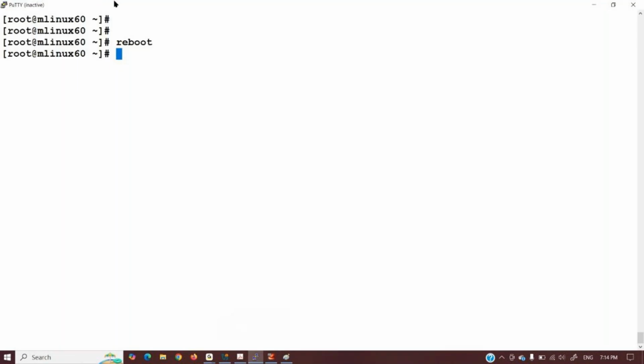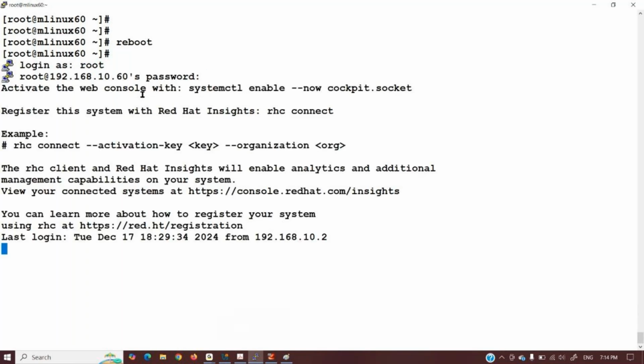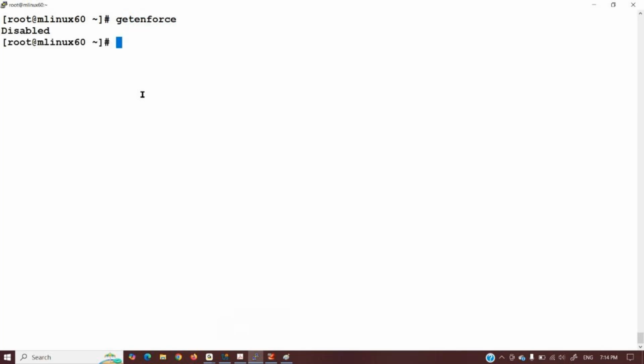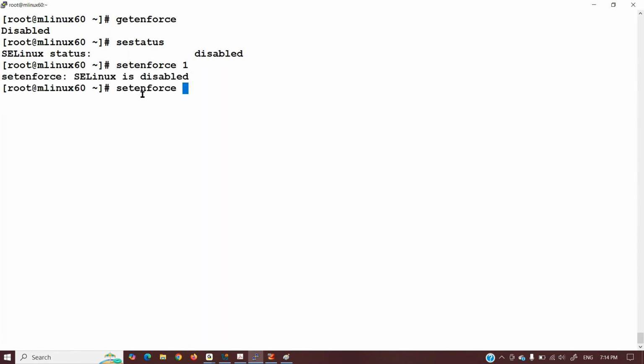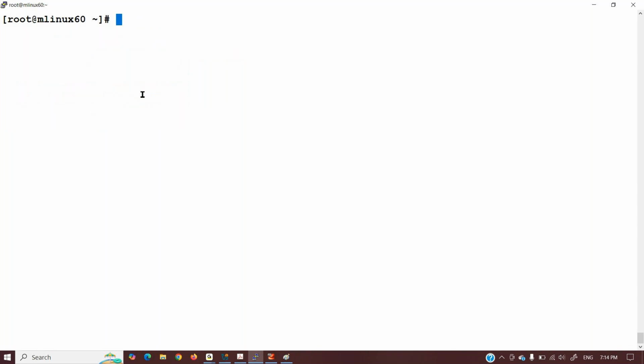Now I will reconnect, log in and check. I'll say getenforce: disabled. sestatus: disabled. Try to change with setenforce, make it enforcing, not possible. Make it permissive, not possible. Check in /sys/fs/selinux, nothing, no data is mounted here, everything is removed. Now if I want to get back to enforcing, we'll go to /etc/selinux/config one more time